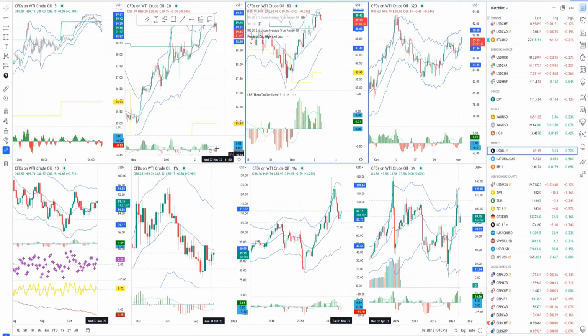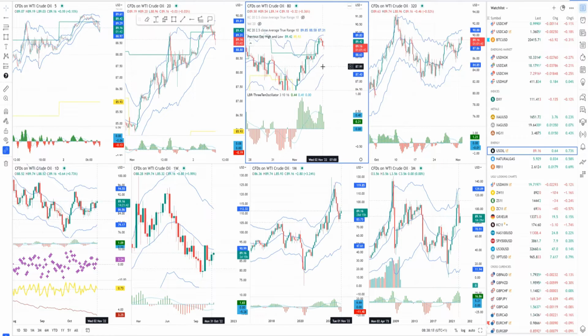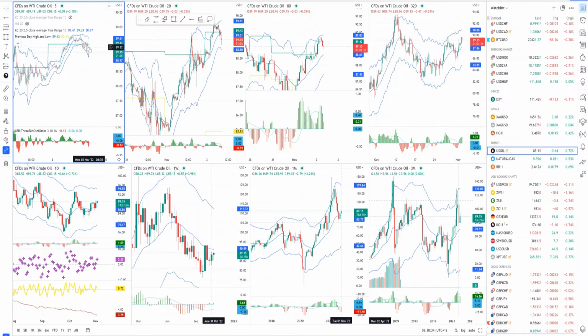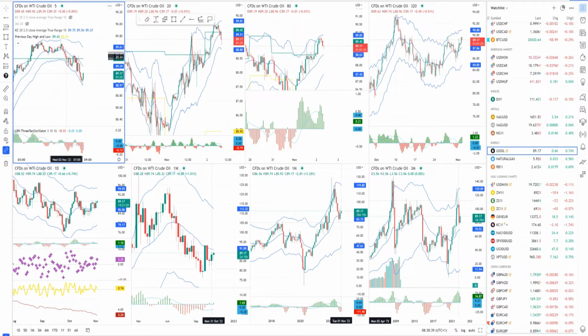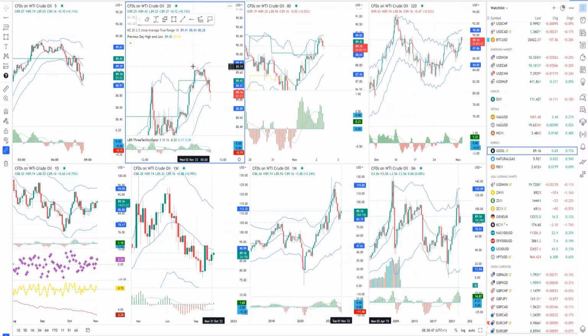Speaking of crude oil, we traded near the previous day high at 89.45, and we can see the daily time frame is still in this range of the last few days, with a high at 89.50. This morning the market started with a supply entry. You can see the 20-minute time frame as well. The market just had the power to retest the high this morning and then sold off.